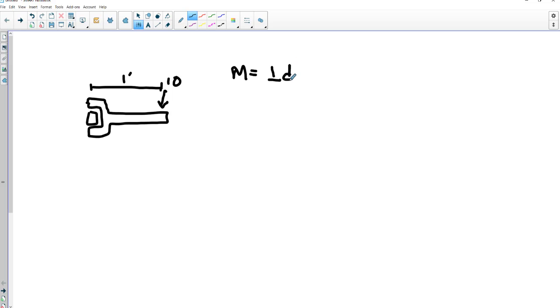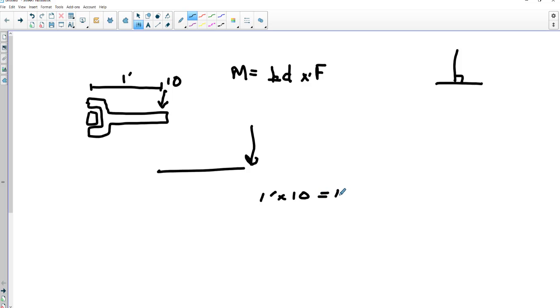perpendicular distance times force. Perpendicular distance, that's just a perpendicular sign, so basically I'm trying to draw a right triangle. I have a force that's going down with 10 pounds, and I have a distance that is perpendicular to that. My force is down, and my distance is perpendicular to that. So I have basically 1 foot times 10 pounds,